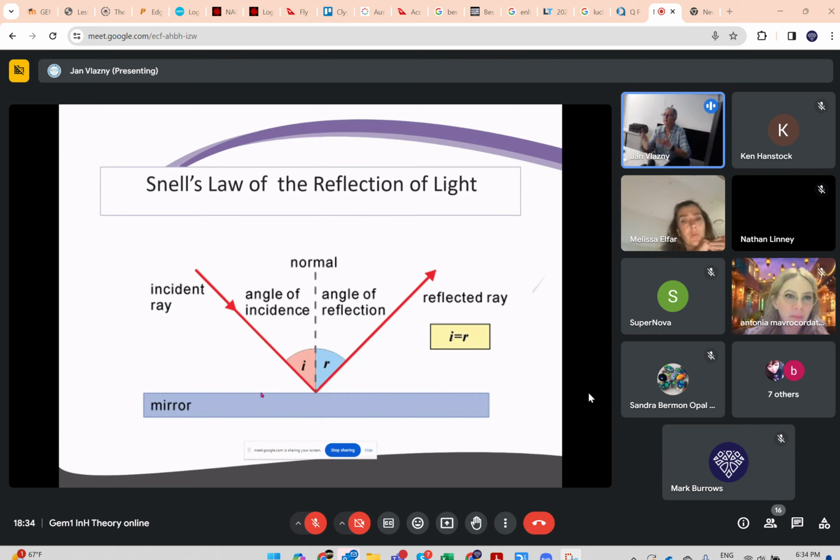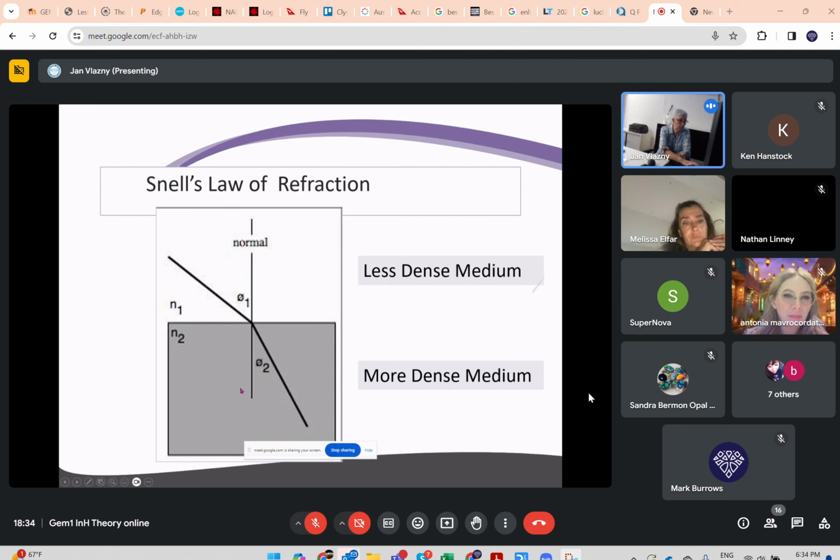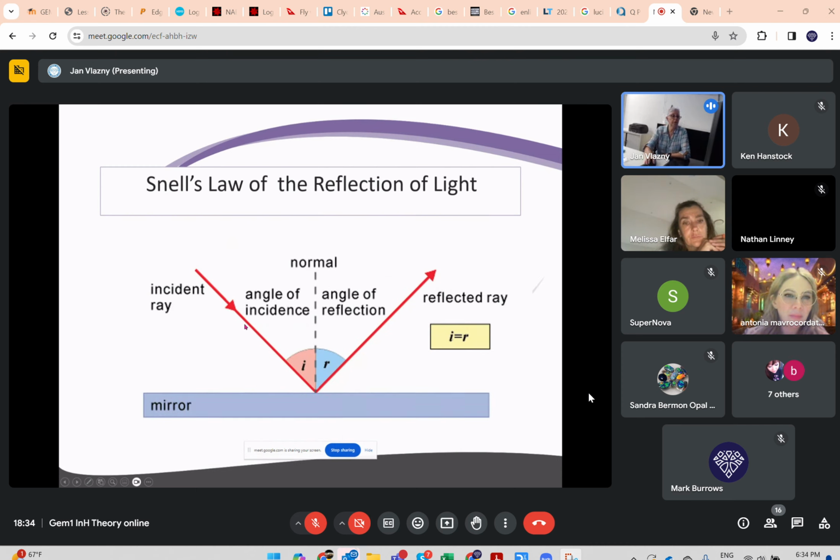50 degrees. Just be careful when you read a question, because people start to think that this angle from the incident ray to the mirror is what we're talking about, but we're not. We're talking about the normal and the angle between the incident ray and the normal, and the reflected ray with the normal. So the definition says the incident ray and the reflected ray are going to be exactly the same